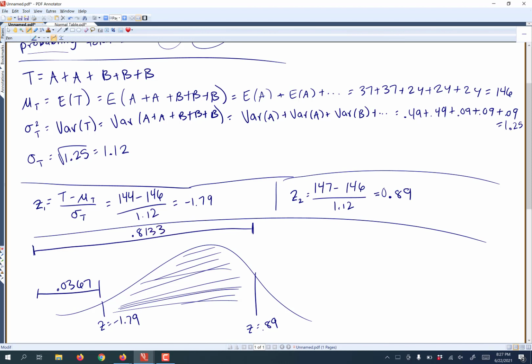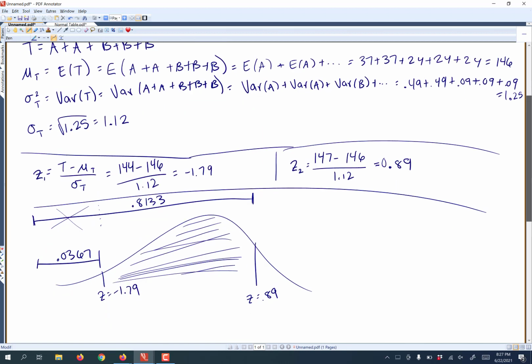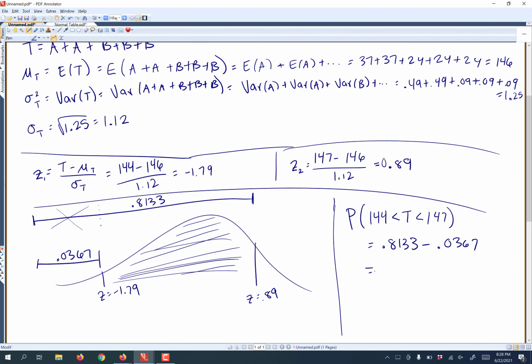So we have the area to the left of negative 1.79, the area to the left of 0.89, but we wanted the area in the middle. So if we subtract, it'll cancel out this piece that we didn't want and just gives the area in the middle. So the probability that our total, or T, is between 144 and 147 is going to be equal to 0.8133 minus 0.0367, which gives me